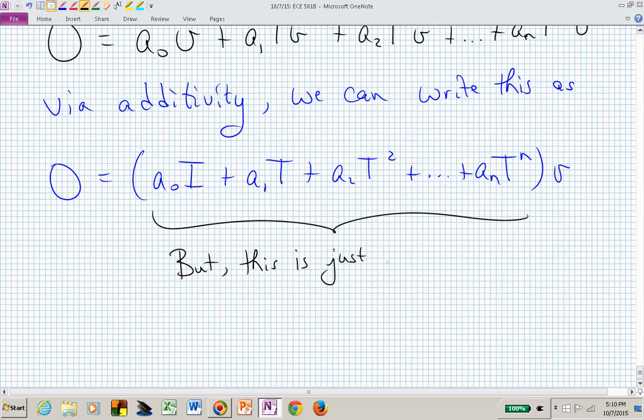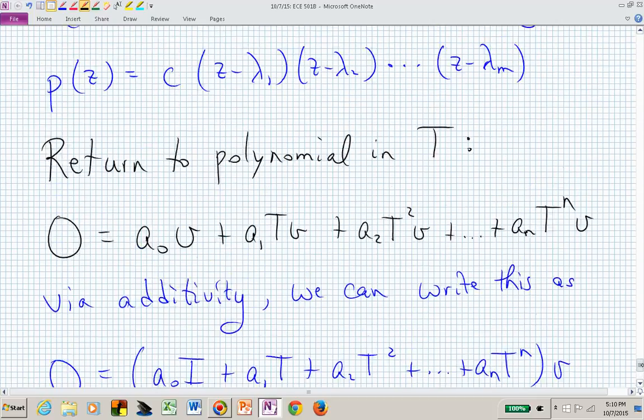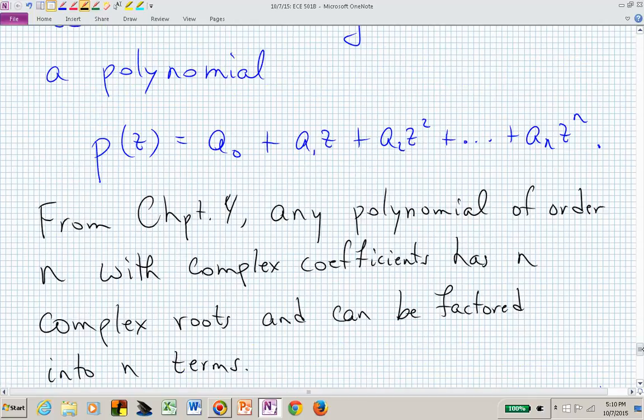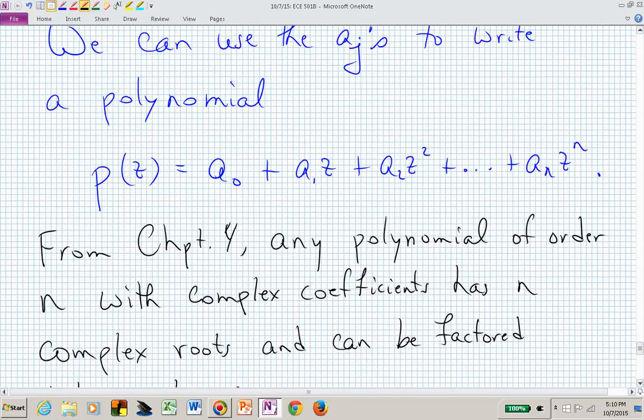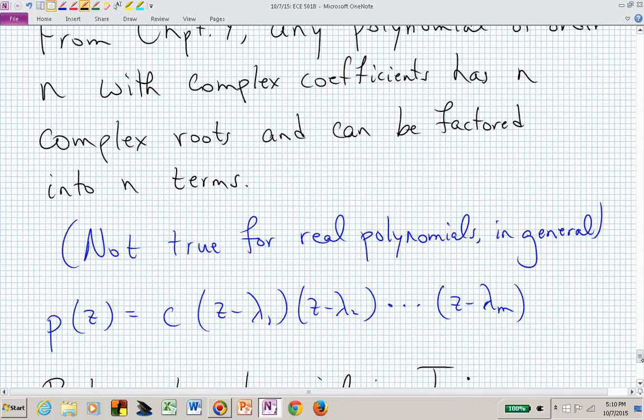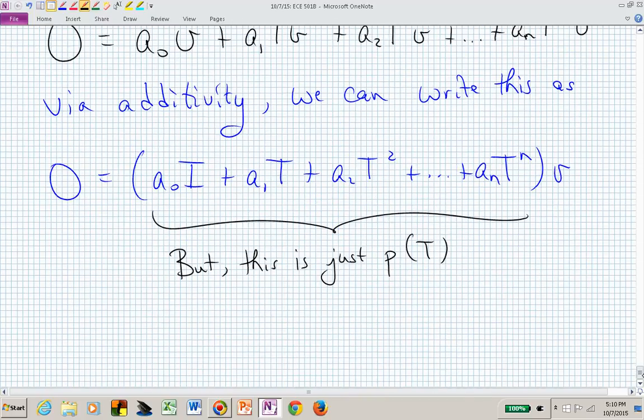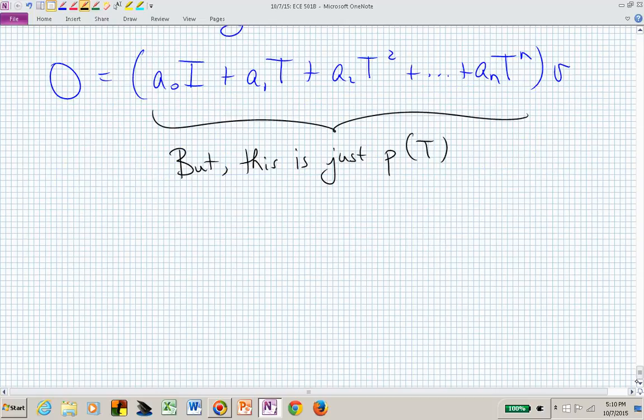But this is just P of t. But remember, P of z was here, and we could factor P of z to this, which means if this is P of t, we can factor P of t into a consistent factored form. This P of capital T we can factor,